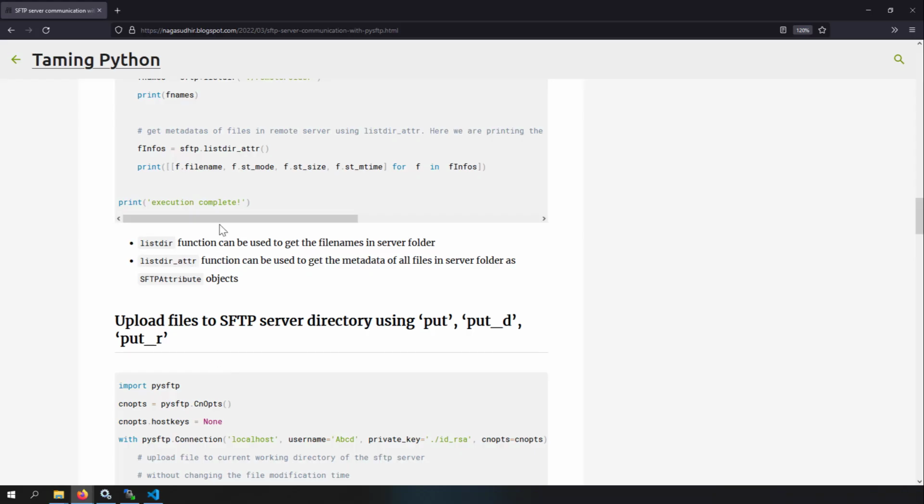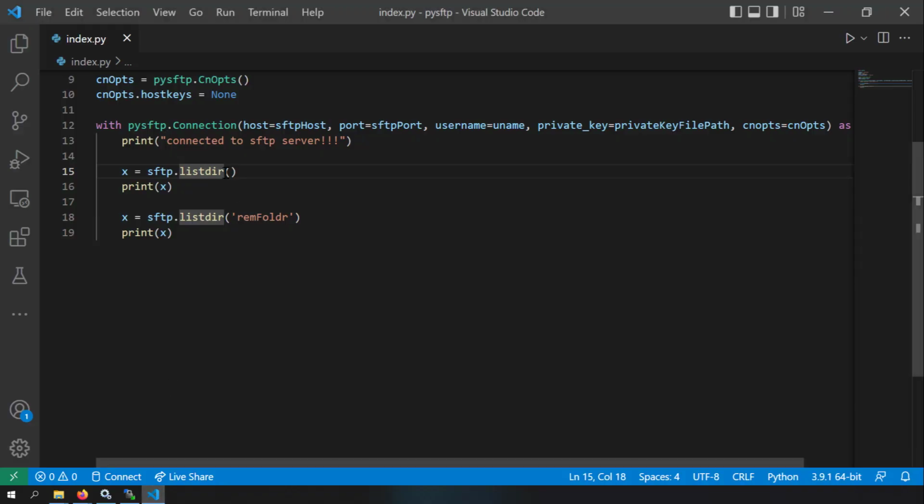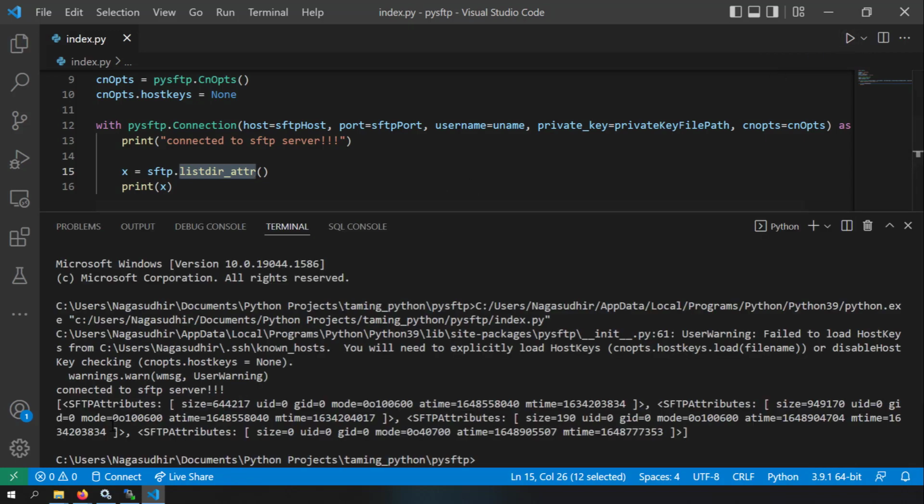Now let's talk about another function, which is listdir_attr, which gives you the file names and the metadata of the files also. So let's try to use that now. Instead of using listdir, I'm going to use listdir_attr, and I'm going to remove this below section. So now using this listdir_attr, I'll get the list of file name metadata, and I'll just print it now. I'll just save it and run this, and here you can see I've got file metadata objects,